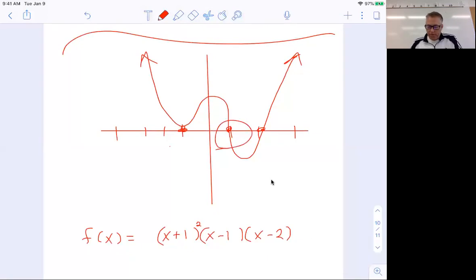This one was to the first power because it passed through that. This was to the first power because it passed through that. But because this bounced, I made that x plus 1 squared. And now it works out that I have an even degree because I have x squared times x, which means it's x to the fourth, and 4 is an even number, of course. I also would need a positive leading coefficient, so I could just leave it like this, and that would be fine. Or I could put any positive number in front of here,